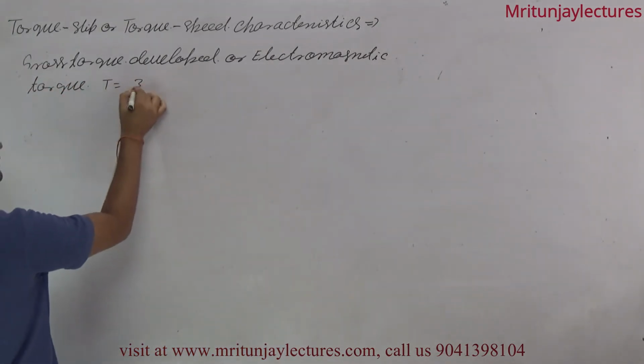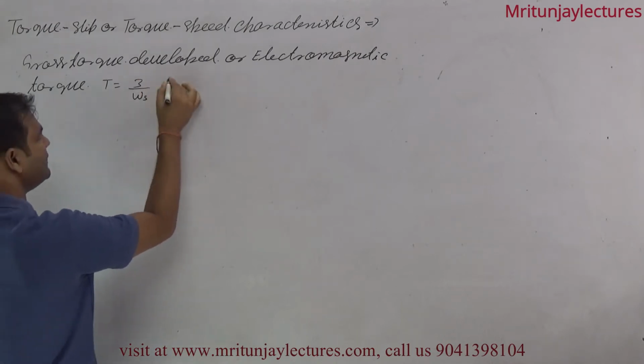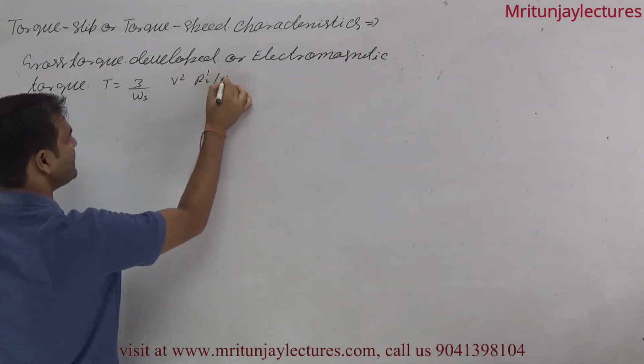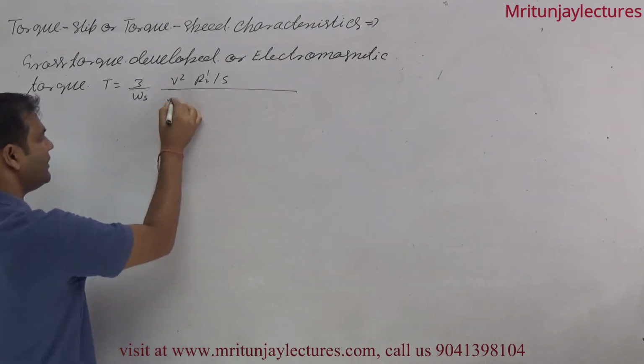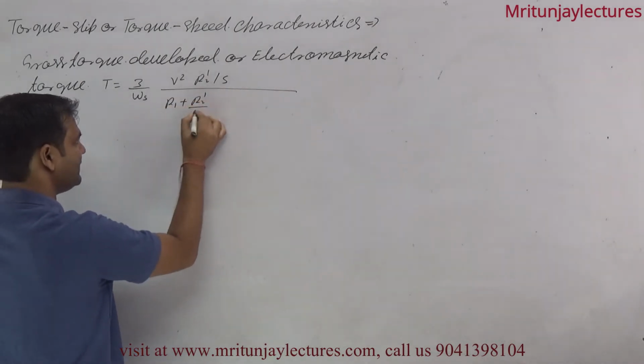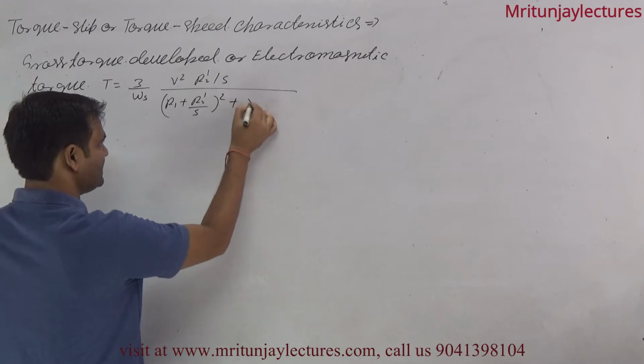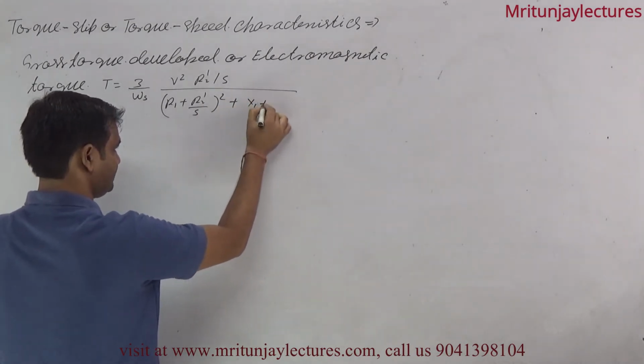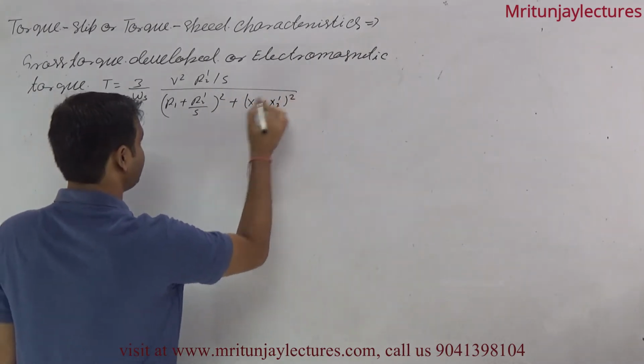T is equal to 3 by omega s into V square into R2 dash by s, whole divided by R1 plus R2 dash by s, to the whole square, plus X1 plus X2 dash. Okay,